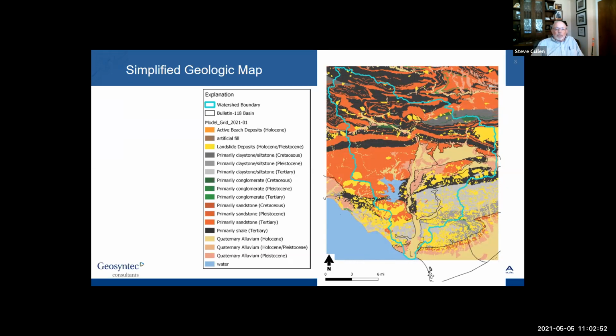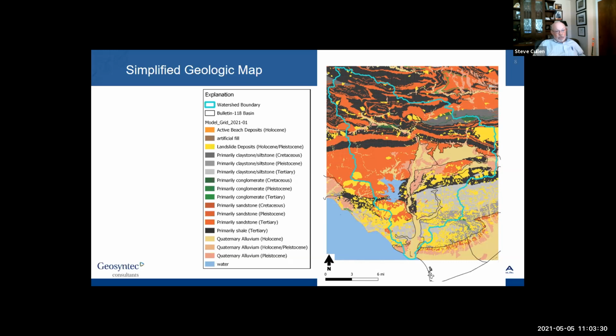The Bulletin 118 boundaries largely correspond to the extent of the surficial alluvium, excluding thin alluvial channels that underlie streams in the mountain bedrock areas, the area of Lake Casitas, various areas of landslide deposits throughout the Ventura River watershed, in areas where alluvium is considered thin and non-water bearing. For example, alluvium to the east of the Ventura River in the vicinity of cross-section FF prime that I'll show shortly, that was formerly included in the Upper Ventura River Bulletin 118 boundary prior to the boundary modifications that were